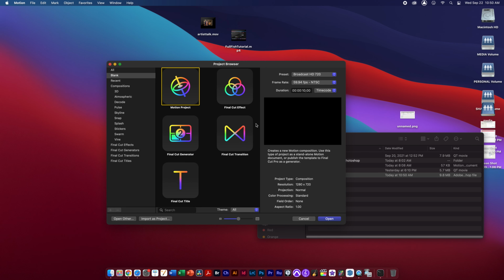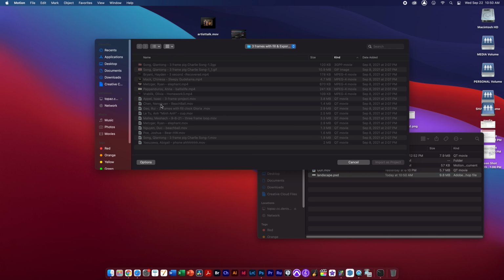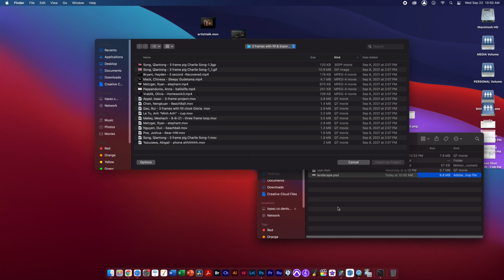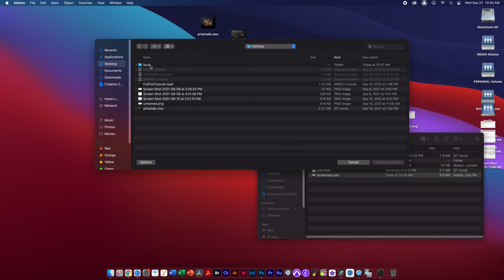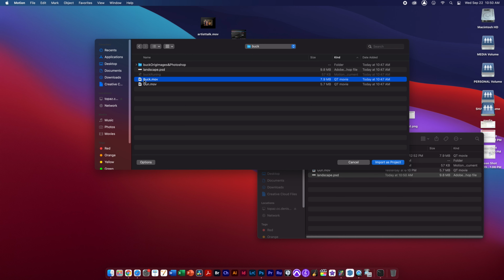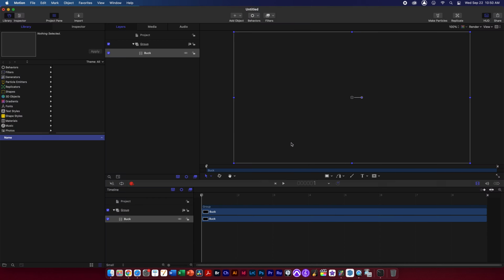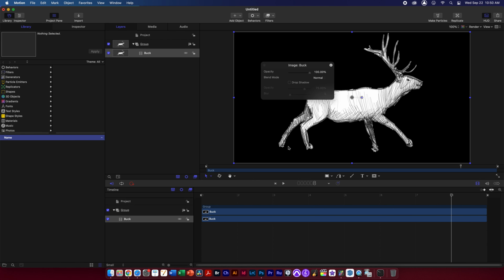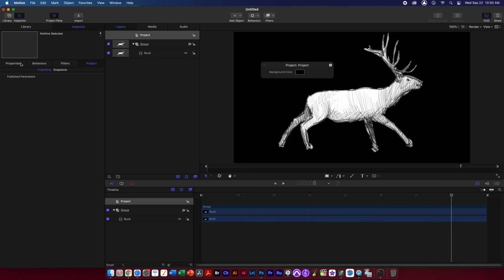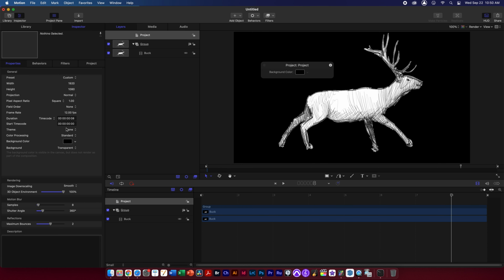What I'm going to do is start Motion by opening a project and importing my buck into Motion, which is downloaded on my desktop. Buck, and you can notice that this is the video we just did. So I'm going to import this as a project. As you can kind of see, there are 8 frames here. So what I'm going to do is go to my project settings under Inspector Properties and make this a total of 20 seconds,